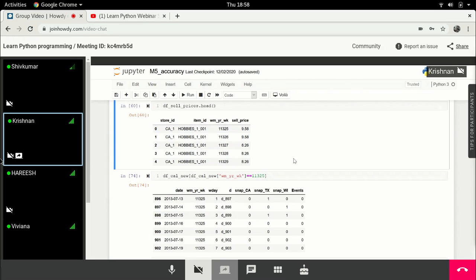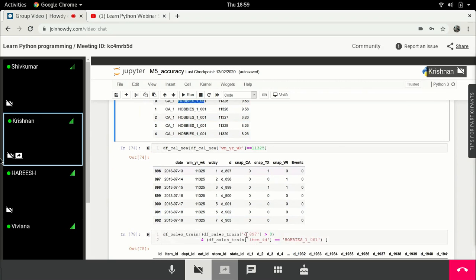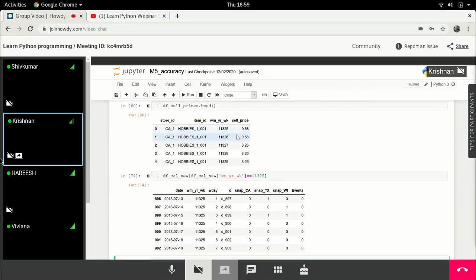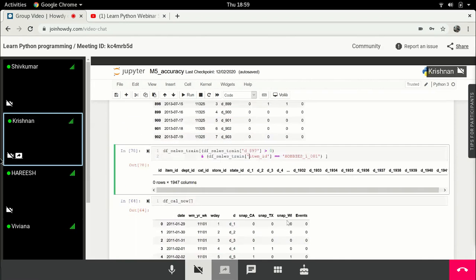Now I understand. So you just start a new cell. I'll just tell you what to join. 9.58 is the selling price of each item which is sold in that particular week. Right. So basically, not each item, this item. So, for instance, if you look at this item, for this week, the cost was this. Now, it may happen that this item was not at all sold during that particular day or week. There is no guarantee that it was sold. That sold information is available in this